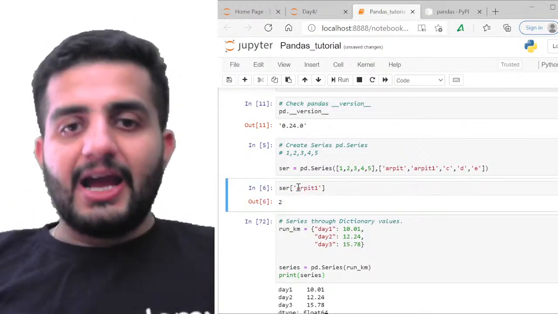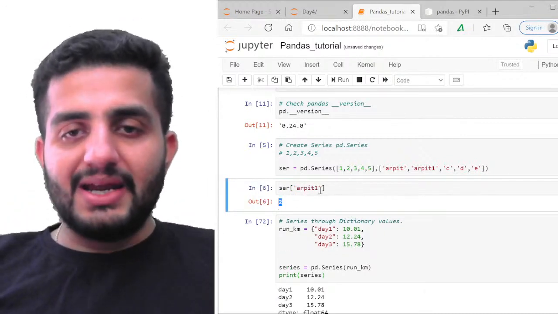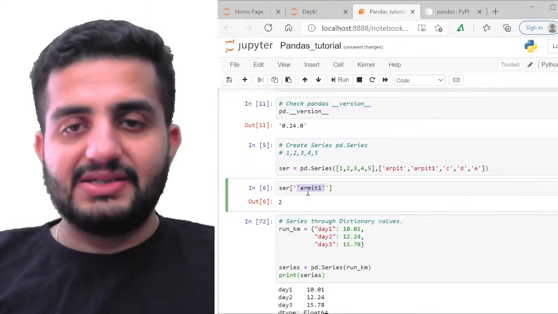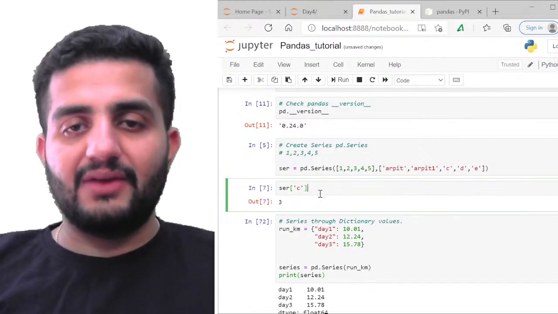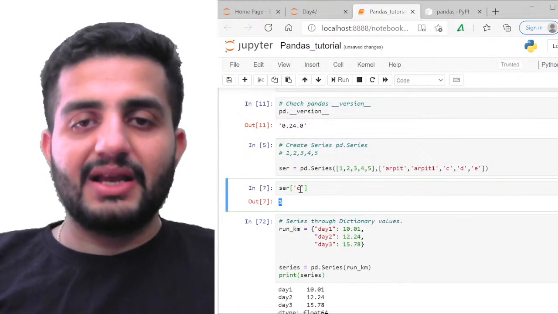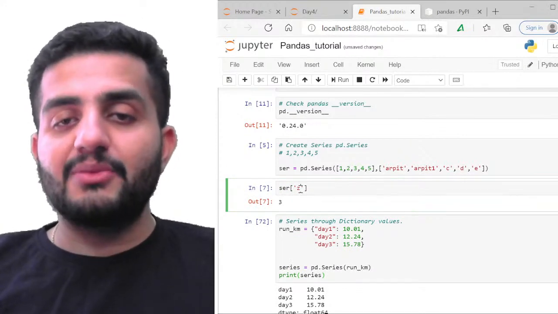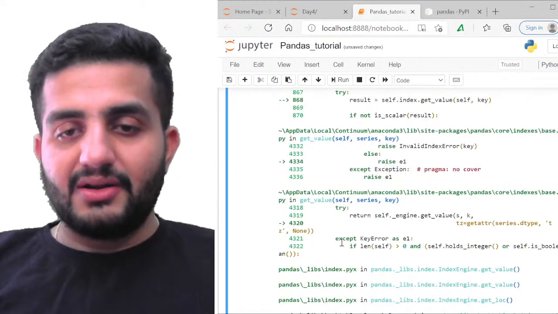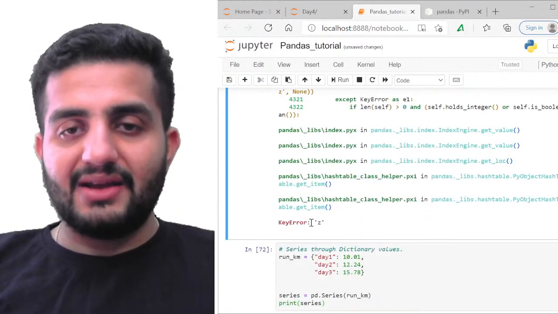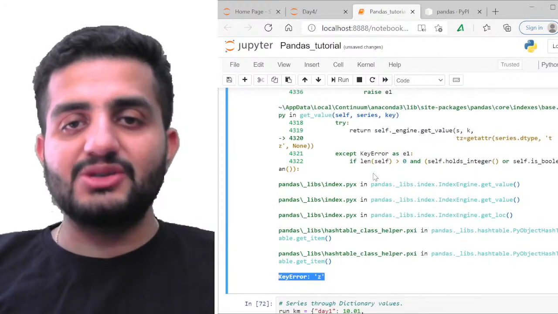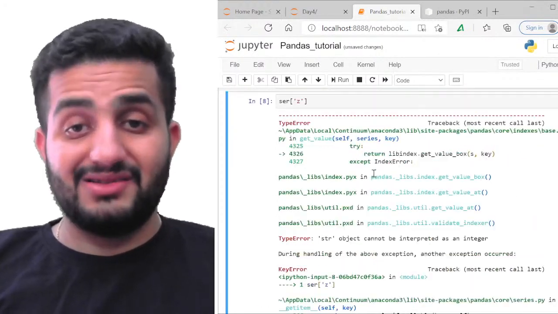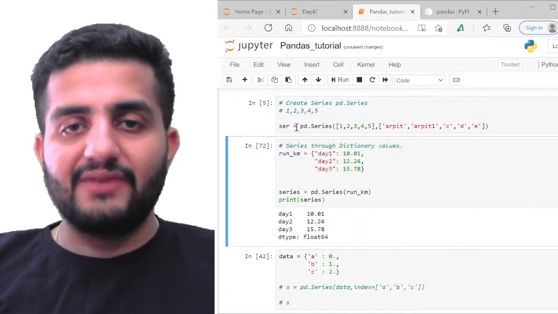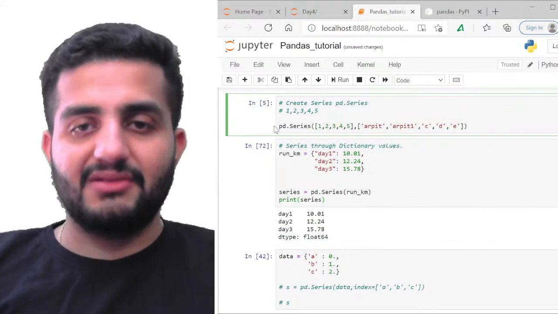If I do this, I'll get the element 2, which is my data point. And if I give, say, C here, I'll get the C content, which is my value 3. And if I give something like Z, which is not there in my index, I'll get an error. Just go to the end and you can see the KeyError: Z. It is not able to identify the index value of Z, which is giving you an error. So fair enough, nothing fancy here. This is how I'm going to create my series element.